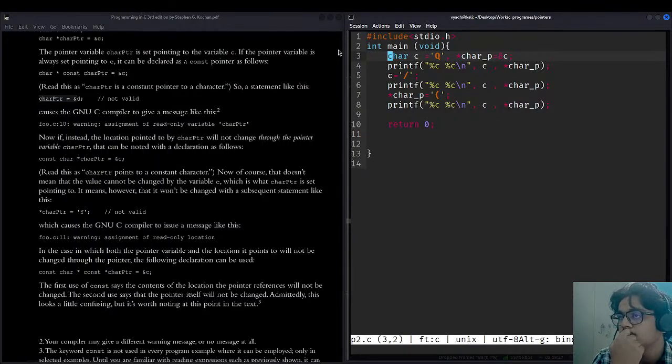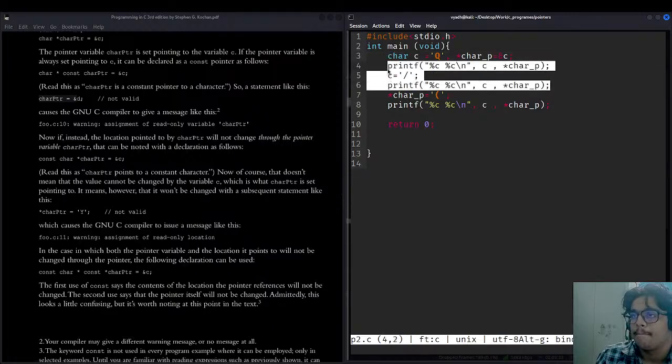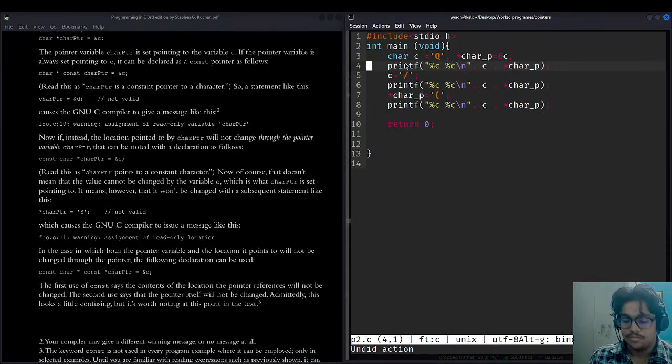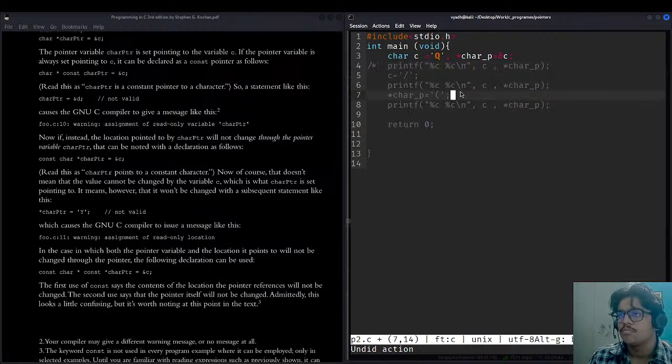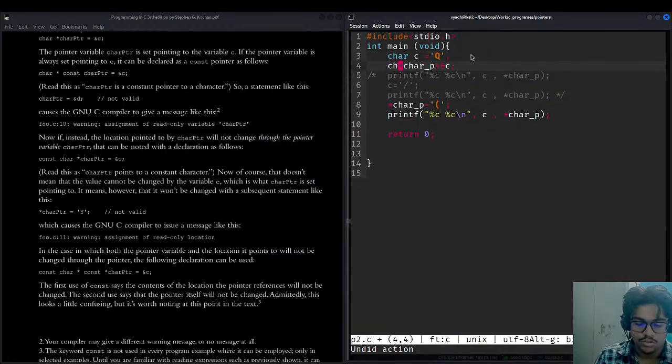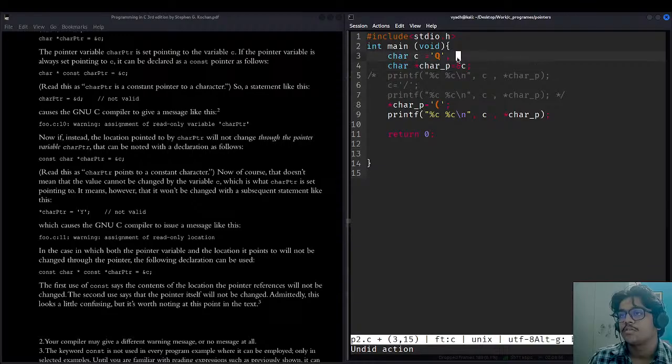How do I change this? Let's do one thing, not delete. And one more thing, char.